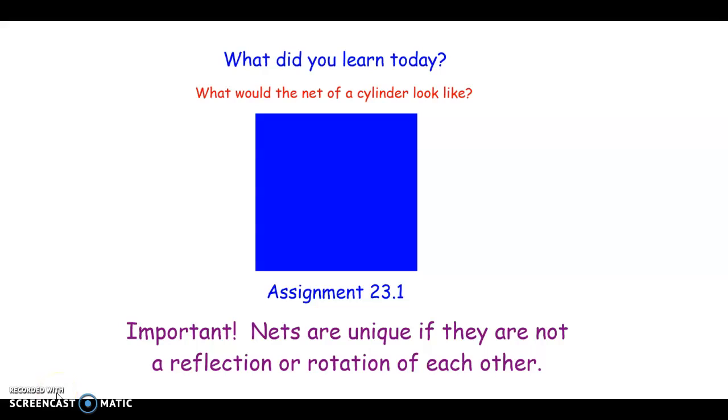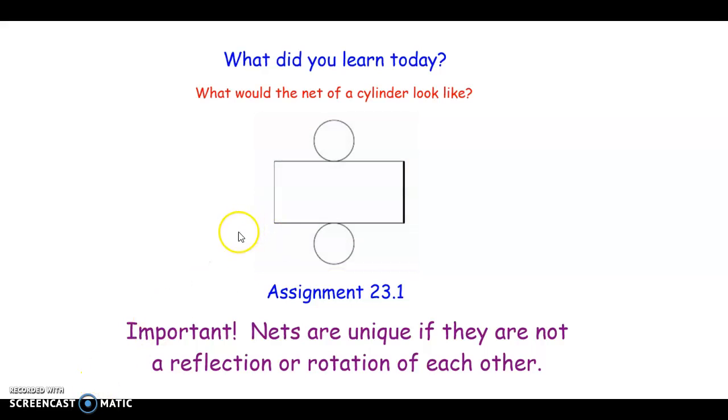So if you think of a can of food, this might help you a little bit. So the label goes along the edges, and if you rip the label off, you might notice it looks like a rectangle. And then the top and bottom of the cylinder are of course circles. So this is what the net of a cylinder looks like, the top and bottom circles and the lateral surface,